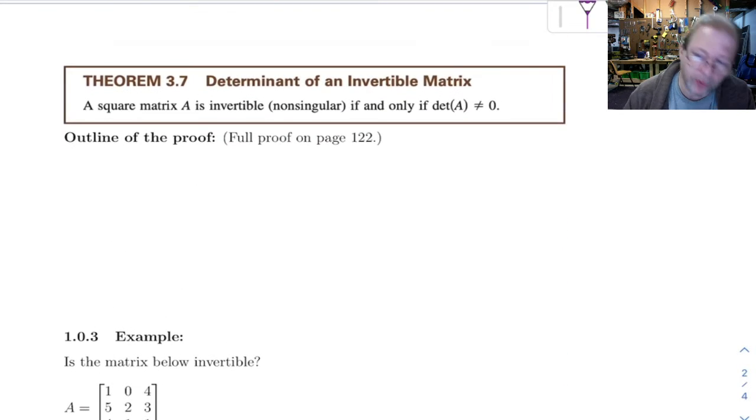And the book goes through a nice proof of both of these things, and I want to give you a little bit of flavor of the proof. Let's look at this one first. If a matrix is invertible, then its determinant is non-zero. Okay, here's the general idea behind that. If A is invertible,